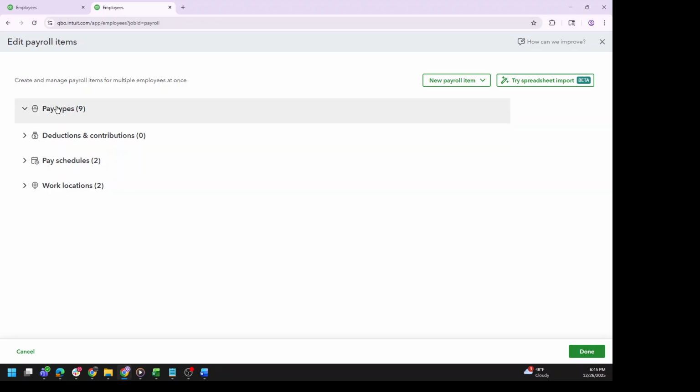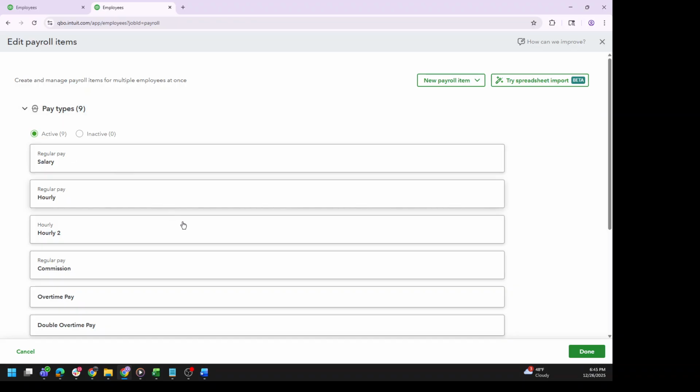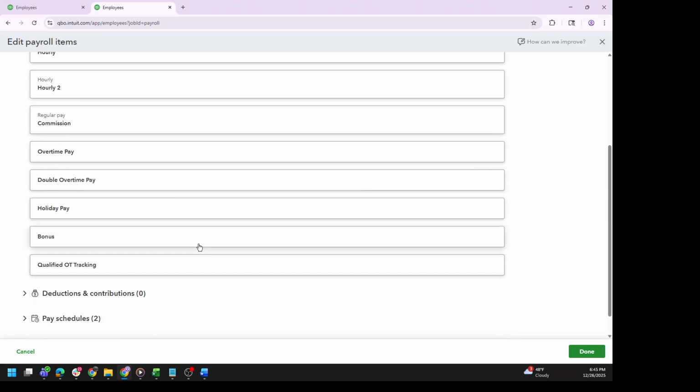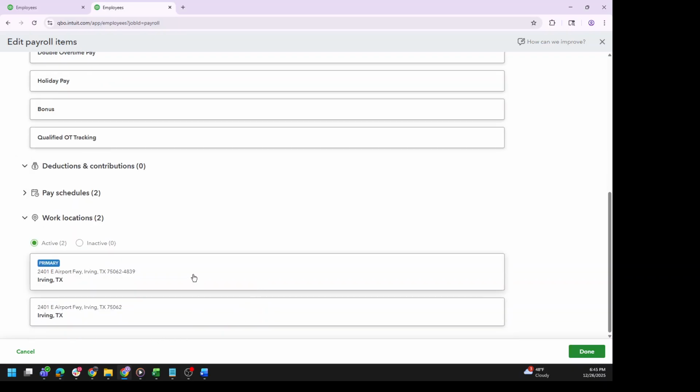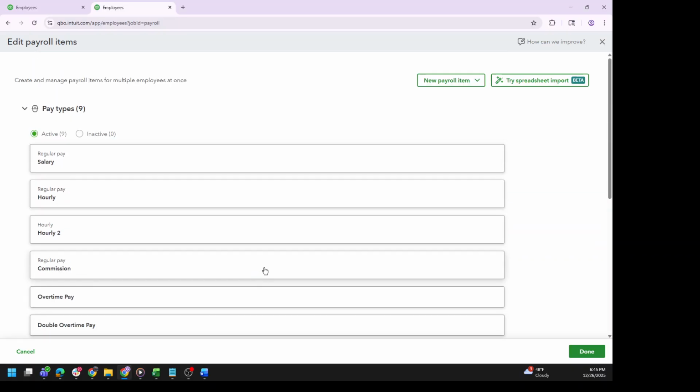These are the standard off-the-shelf pay types. Deductions, contributions. You can bulk add employees to different things there. Work locations. You can do things there. This is a fake address. I believe this is the old Cowboy Stadium. Don't ask me why. But that's pretty much it as far as